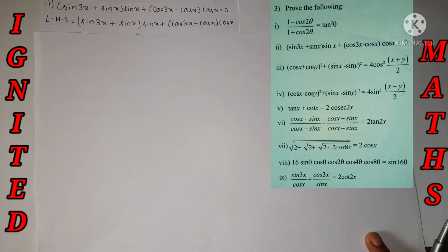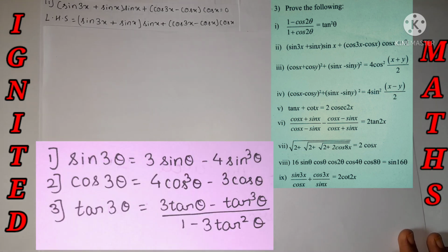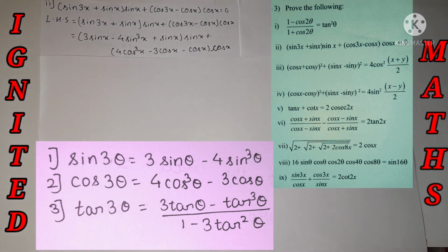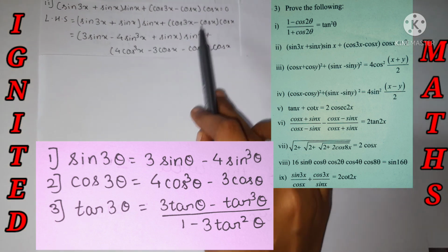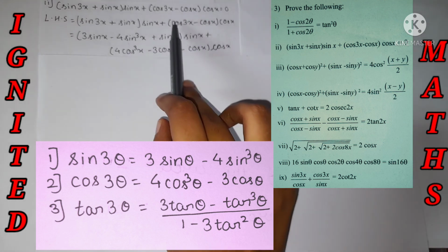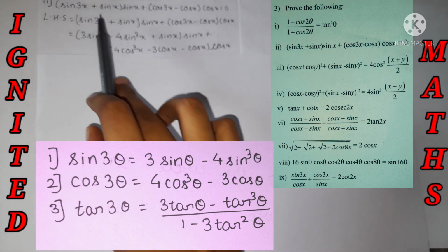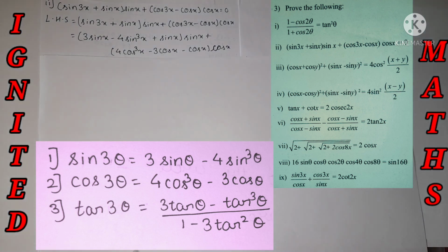We know the value of sin 3 theta, it's a trigonometric function of the triple angles. We know sin 3 theta and cos 3 theta, but over here it's sin 3x and cos 3x. Just put the value of the formula given. There are no changes on the sign, and all the rest of the trigonometric functions are represented as they are. Only I have replaced cos 3 theta, which is equal to 4 cos cube theta minus 3 cos theta, and sin 3 theta, which is equal to 3 sin theta minus 4 sin cube theta.